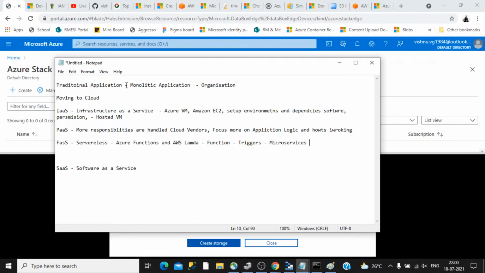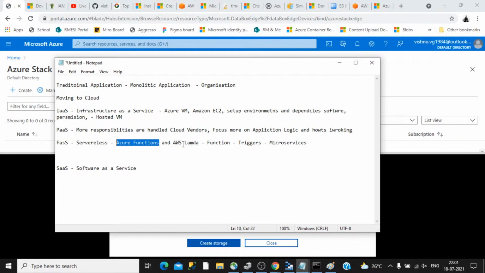That is not the case, but think of this application as an extremely complex application which has the possibility of moving into a microservice architecture. Then you can always move that into this microservices architecture, and in that case Azure Functions and AWS Lambda are a good choice.